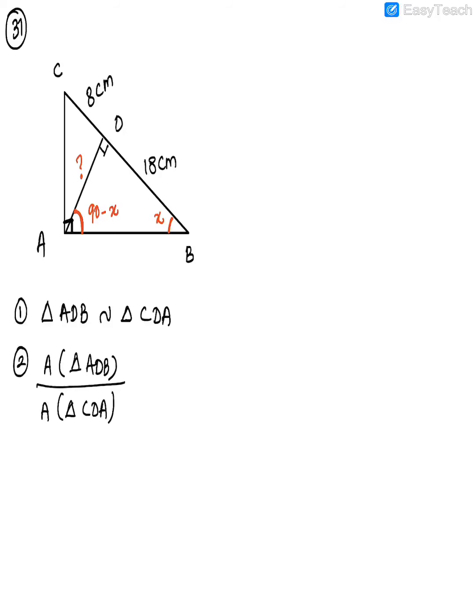You will get how we prove these two triangles similar. You notice we are proving ADB similar to CDA. So we have got two different triangles here. Look, I'll just shade it a little bit for you. These are the two triangles we are talking about. This is one triangle here, and the second triangle is this one here. I hope you can make out now. These are the two triangles we are talking about.